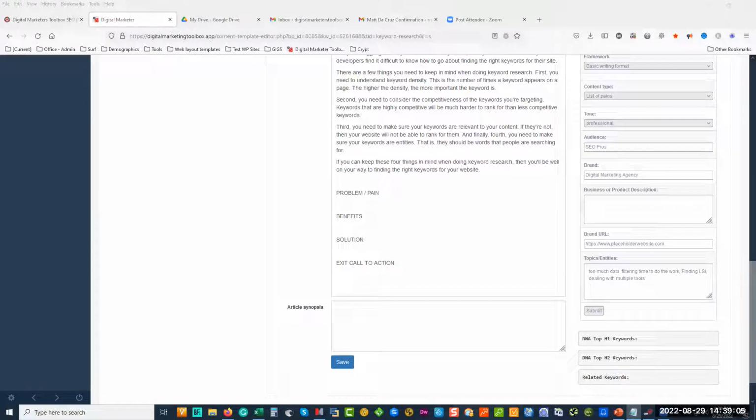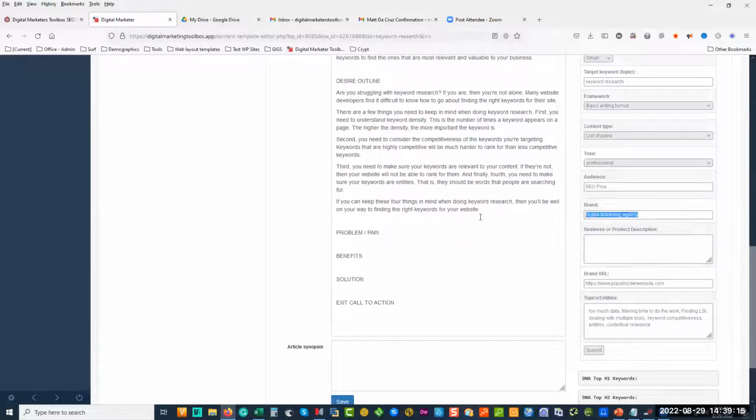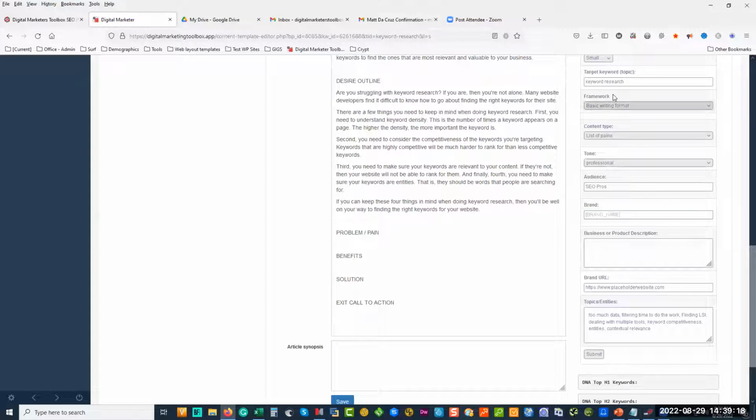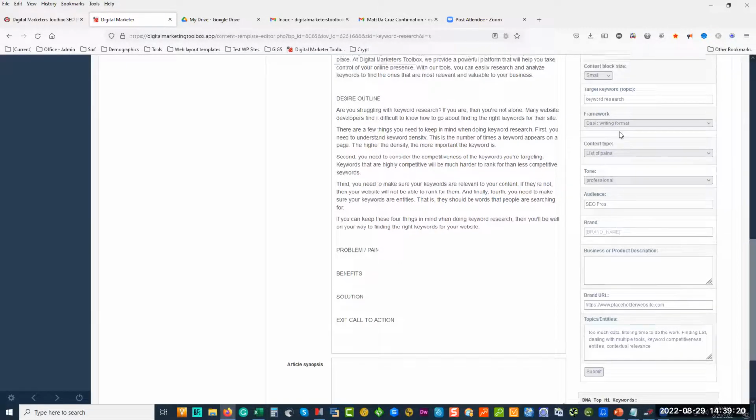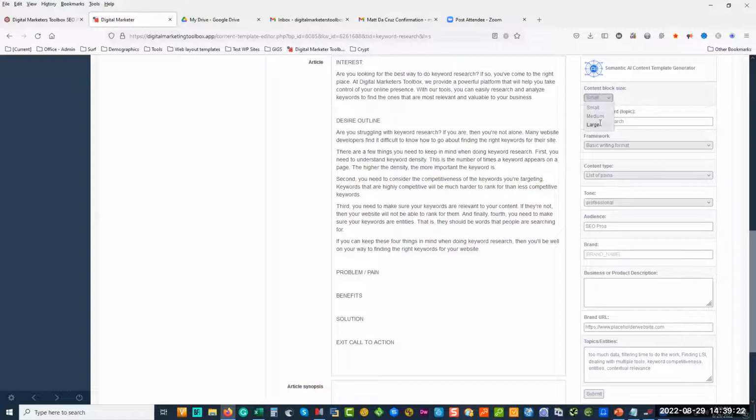Keyword competitive entities and contextual relevance, and grab those 3 as well. That'll give us a nice little blurb. When we're doing this, we're focusing on the important keywords. It's all done. A list of panes. Let's give some space to think and work,